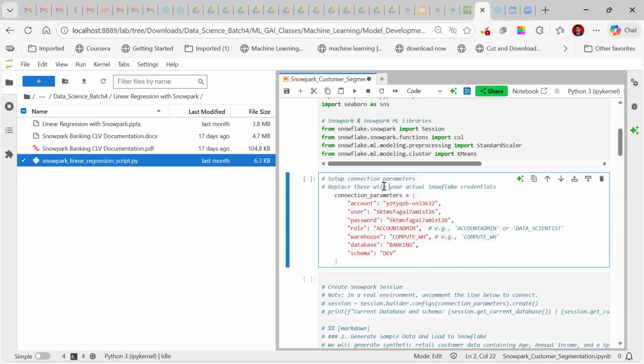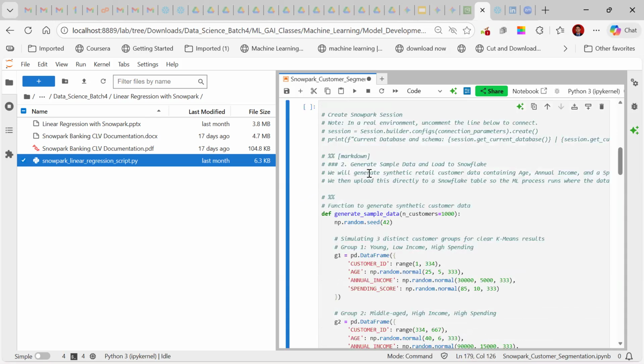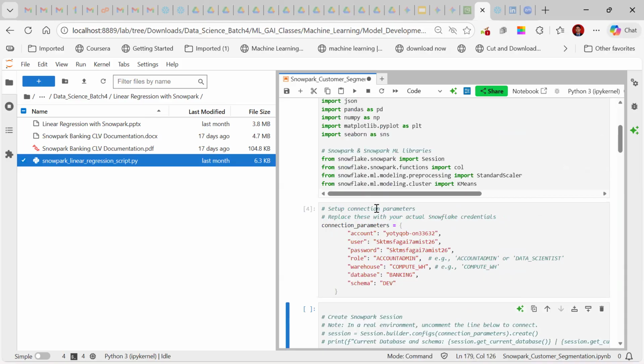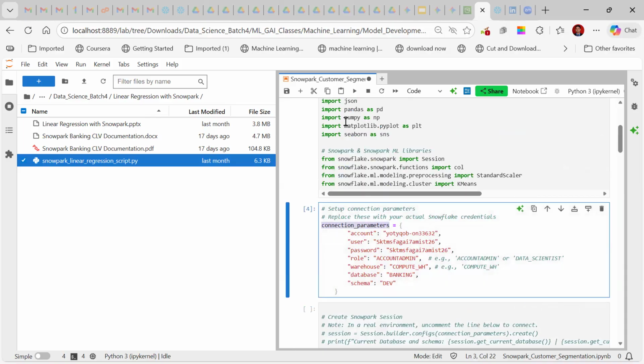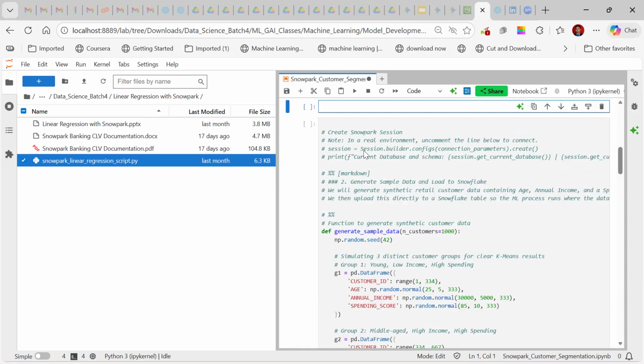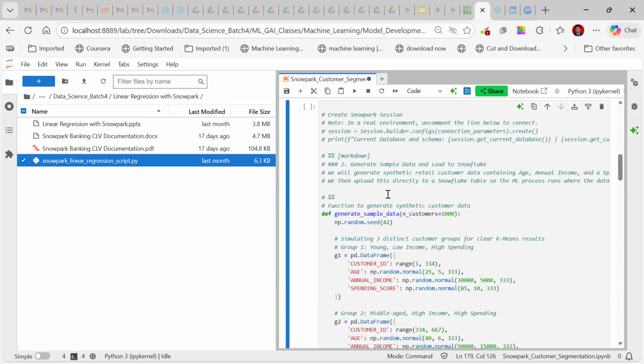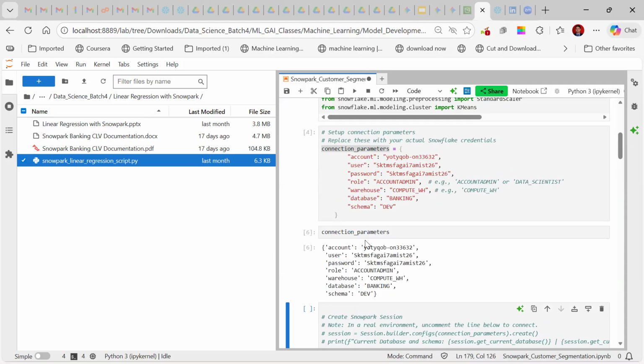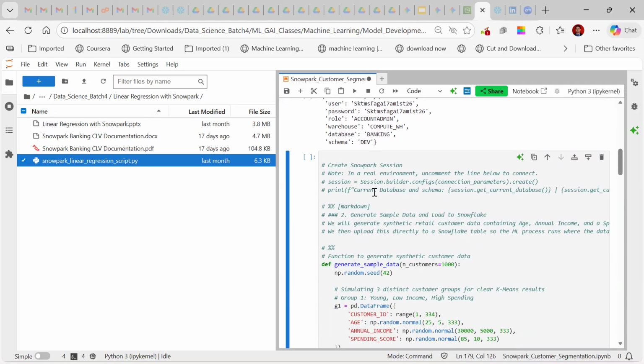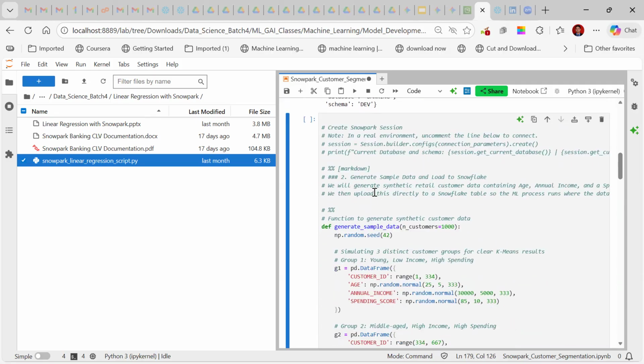This should create a... let us try. So we created one Snowpark session. You can display it and you can even see that. These are the connection parameters which we assigned, but we have not started the connection yet.